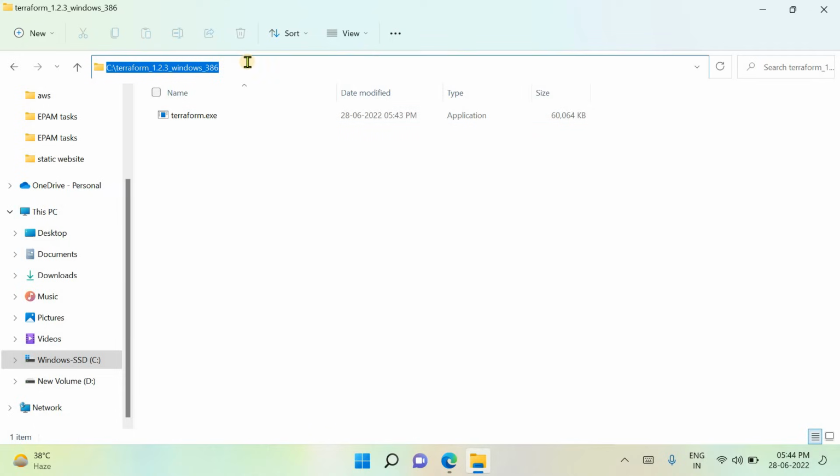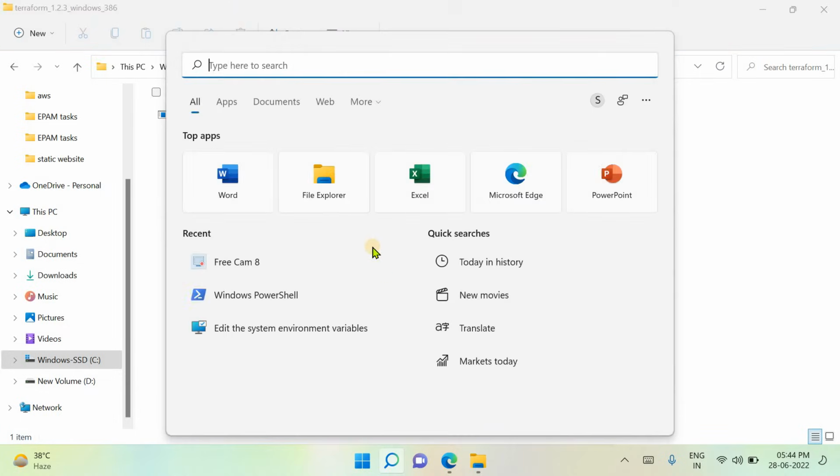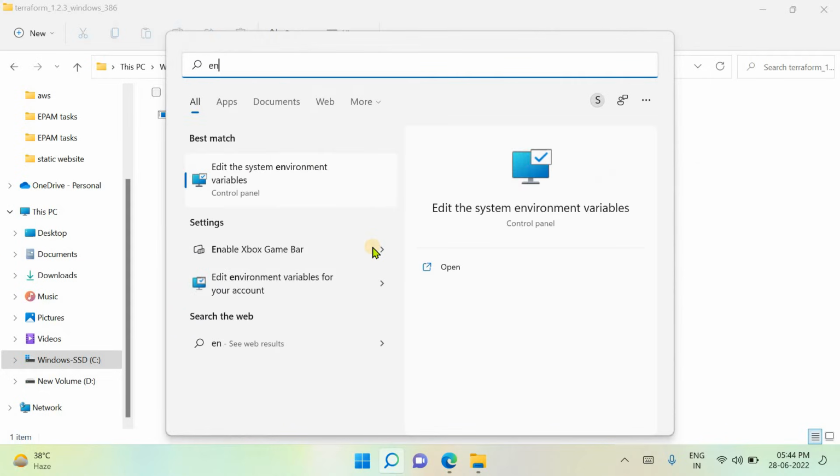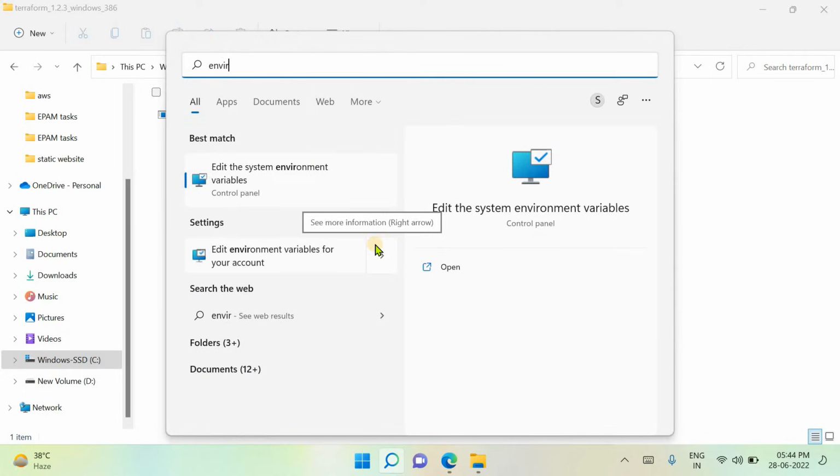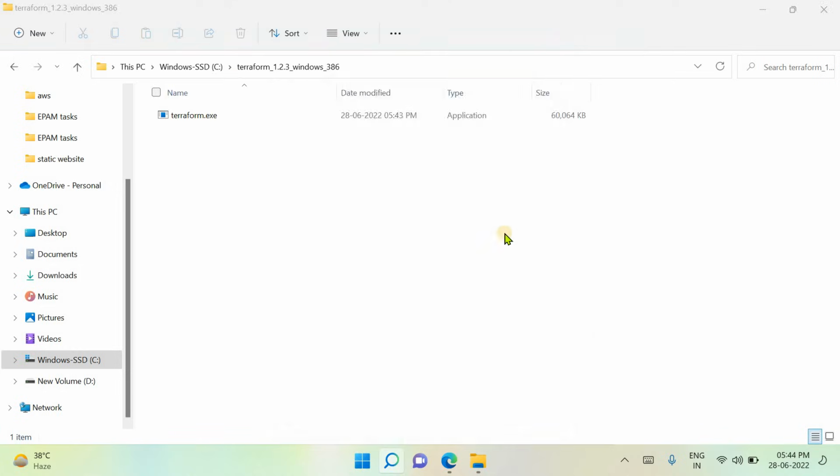So simply click on the address bar and copy the path. Now we need to copy this path. Simply click on it and Control C to copy it. Now go to environment variable, edit the environment variable,